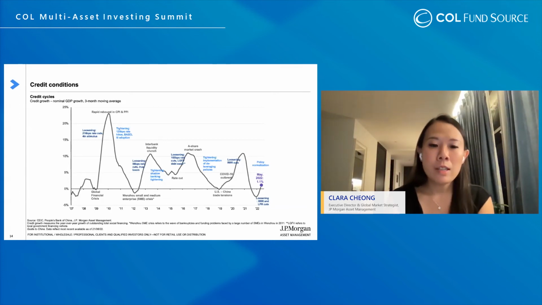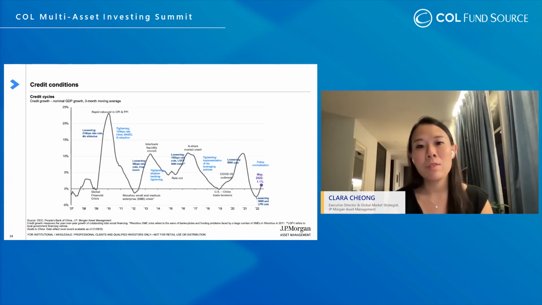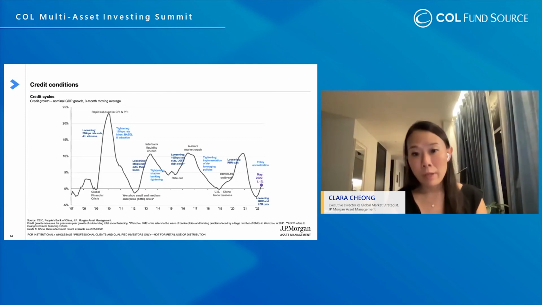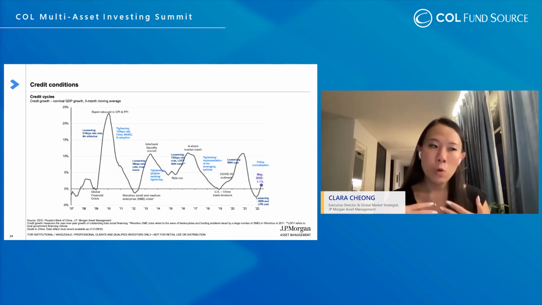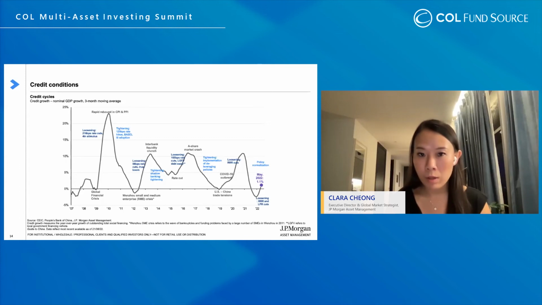So we do think that we are quite unlikely to see even more dramatic cuts to the key policy rates because the PBOC, the central bank in China, is still very wary of pumping too much credit into the economy. But we also think that China is very unlikely to hike its rates very soon because inflation is very well contained and it is necessary to provide a very accommodative environment, both on the fiscal as well as the monetary policy side, to help China to really return to growth. So we do think that the more supportive fiscal and monetary outlook will be really additive to the overall economic